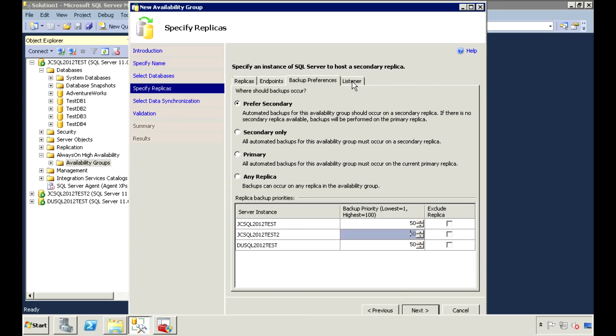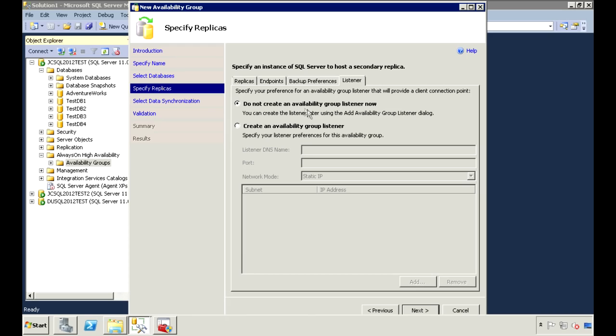Under listener, you can choose to create the listener now, or you could do it later. There are a couple of things you need before you can create the listener though. You need to first reserve a DNS name and an IP address for the listener. If the nodes of your Windows cluster are on different subnets, then you need an IP address for each of those subnets. You'll probably need to work with your network admin to help you reserve those resources. Another prerequisite before you can create a listener is that the cluster computer account must have the create computer objects permission on the domain. I'm going to create my listener now,